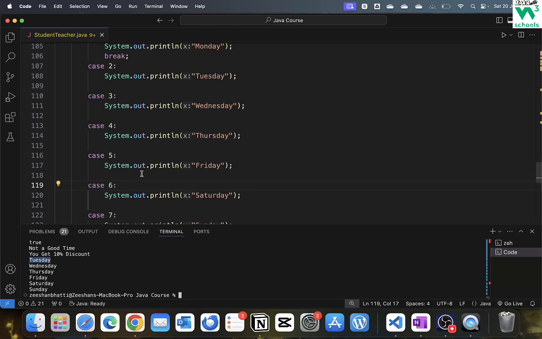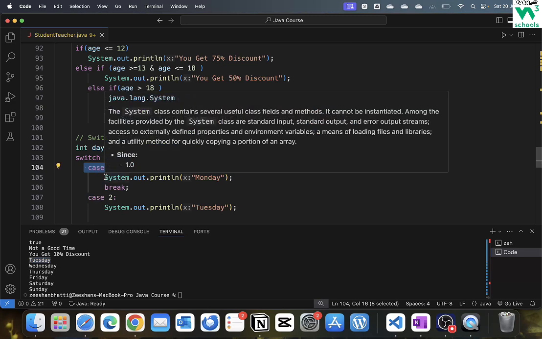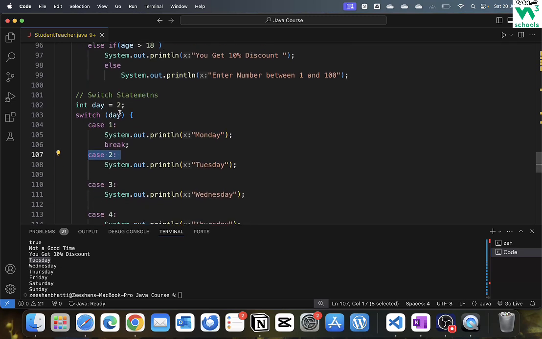It printed Tuesday, which makes sense. Okay, the value is 2, so it evaluated the first case. This became false, so this was ignored. Again it went to case 2. It says case 2, day value is 2. This becomes true. It executed this code, but then what it did, it went on and printed as